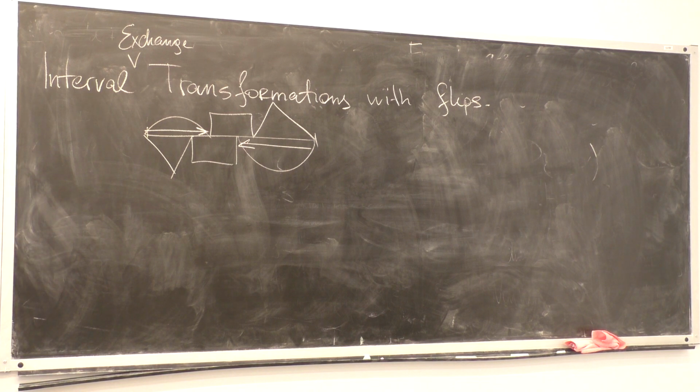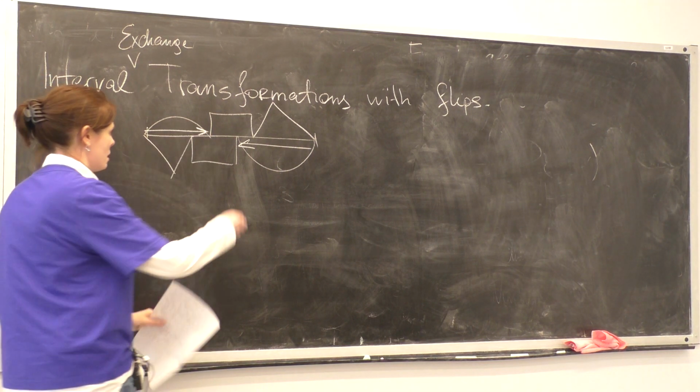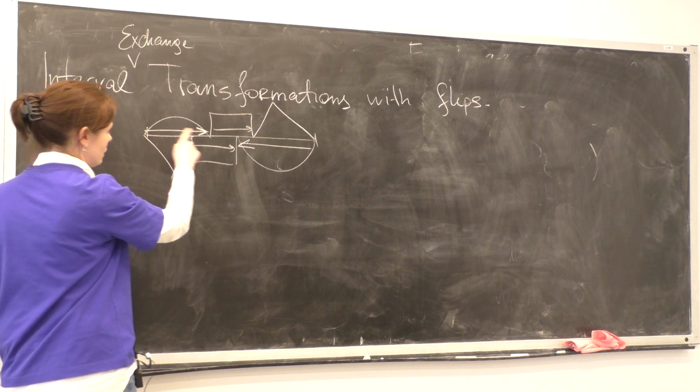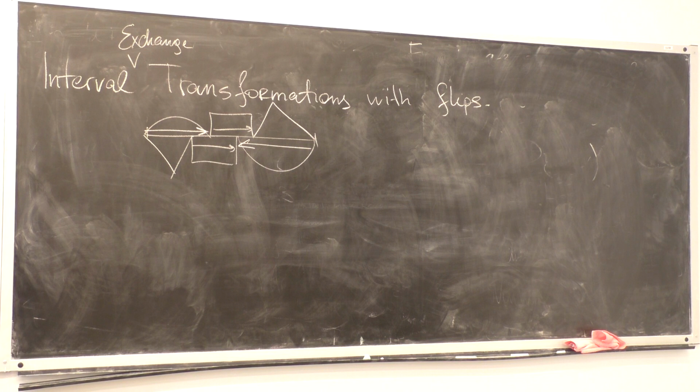Sasha, I'm sorry. Yes. You say that you flip everywhere? No, it's a good question, but right now I just allow some flips. I don't say that all the intervals are supposed to be flipped. At least one pair has to be flipped. So you take some subinterval, which is an interval of continuity of your map, and there you have a map that inverses the orientation. But on some intervals, for instance, like on my picture, this one can be not flipped, but if at least one is flipped, I will already call it an interval exchange transformation with flips.